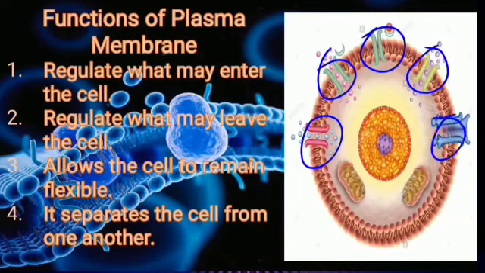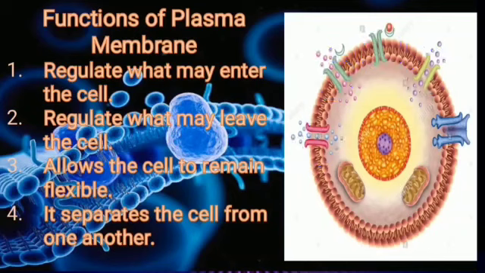So the plasma membrane is porous and allows the entry and exit of only selected substances. You can see it is allowing only selected substances. These are going out, and it is outside only because it is not allowing these particles to go inside. It also prevents the movement of some other substances across it. Thus, it is called selectively permeable membrane. Only the selected substances or materials can go inside the cell. Otherwise, they will remain outside the cell.